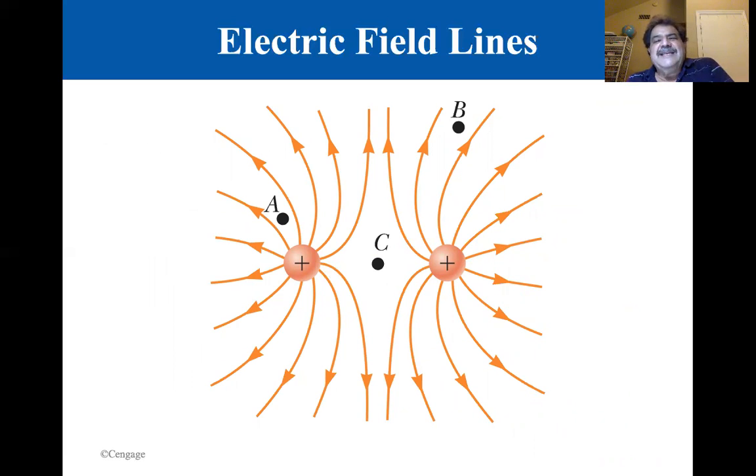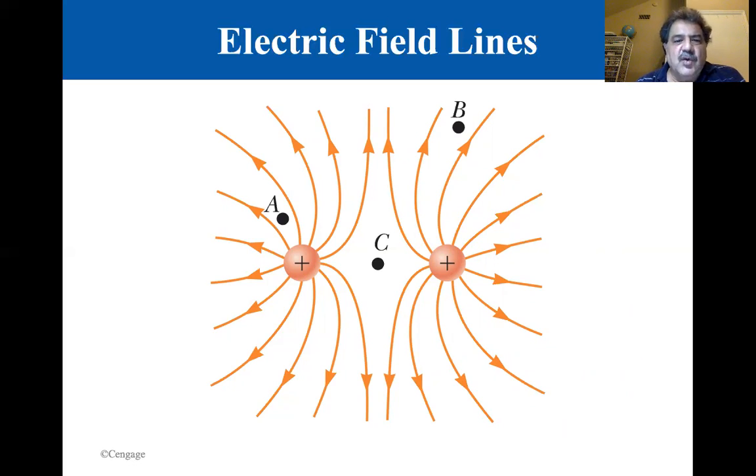We'll be able to see something similar when I do the magnetic filings on magnets, but again, this is just a visualization. So here, if you want to look at the intensities of the electric field at A, B, and C,